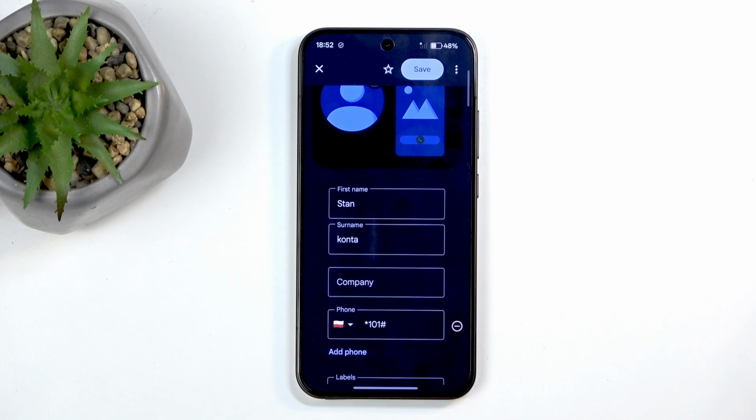And for the love of God, don't delete contacts from your SIM card. There's a storage there for a reason, and it's not to be empty. So with that being said,